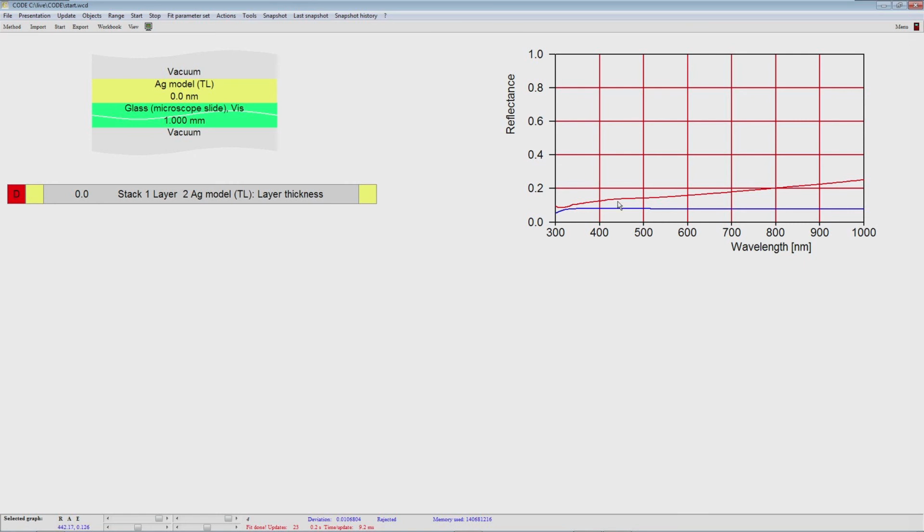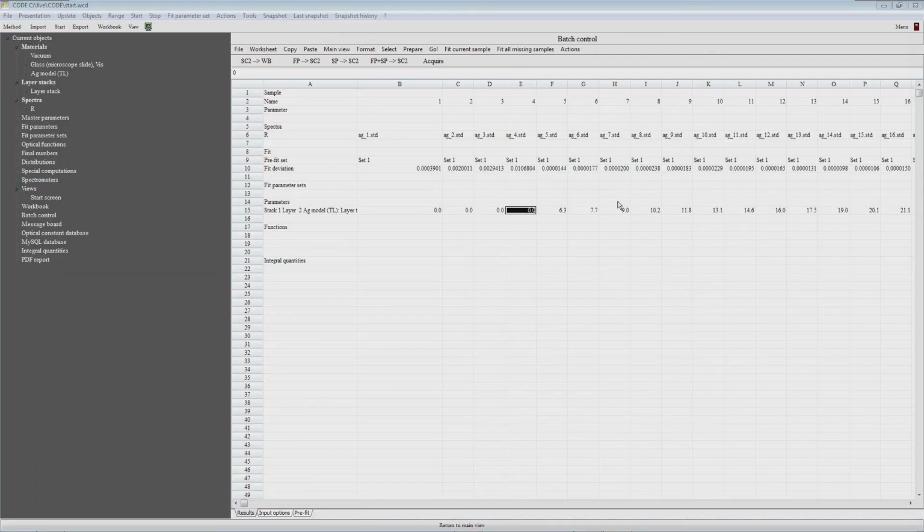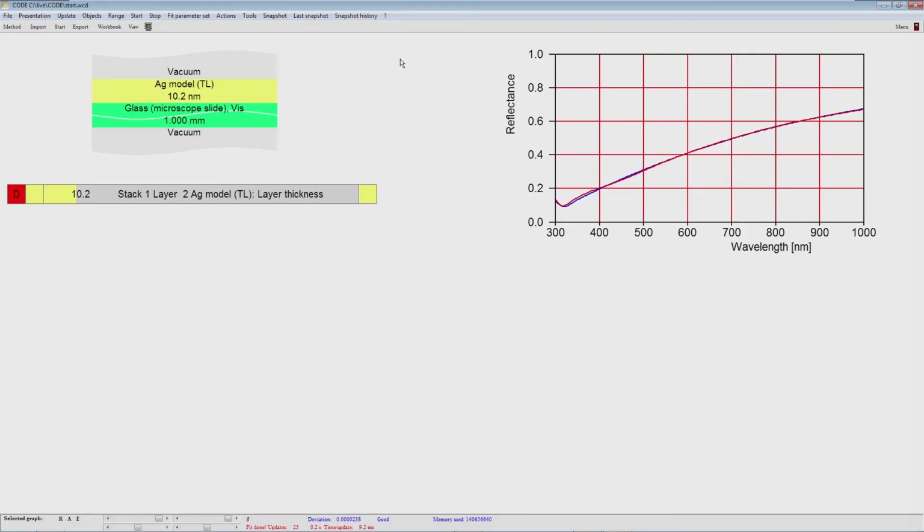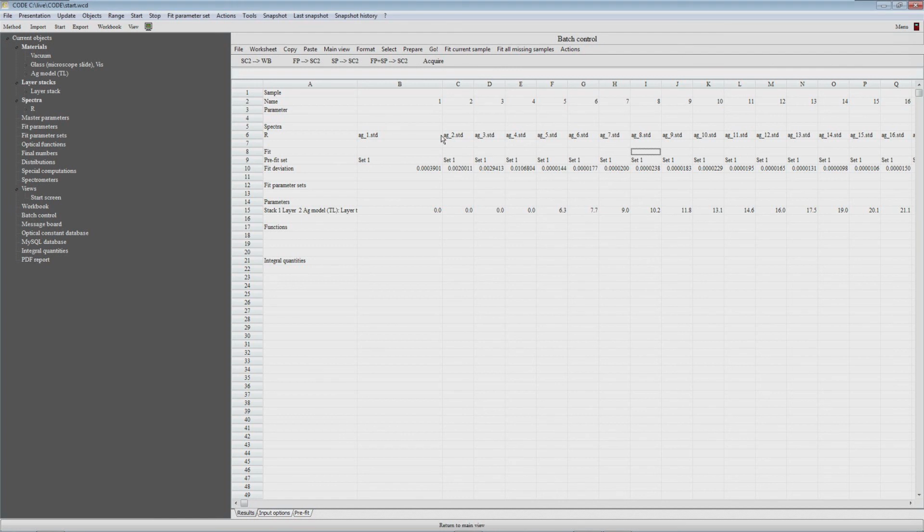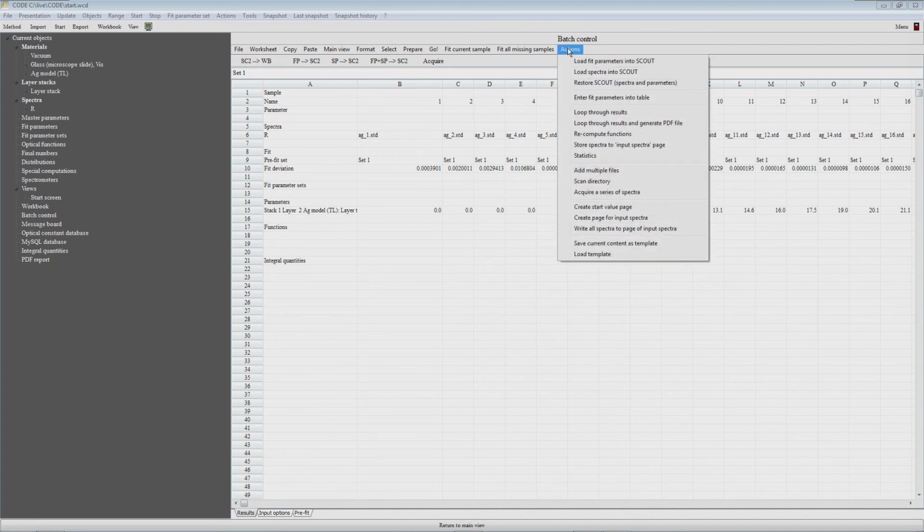And let's watch it in a different way. If we would do that here for all the 22 samples, that would be rather tedious. Select a column, click on this command, press F7, press F7 again, go to the next, and so on. Luckily, there's a shortcut, and this is called Actions, loop through results. If we click that,